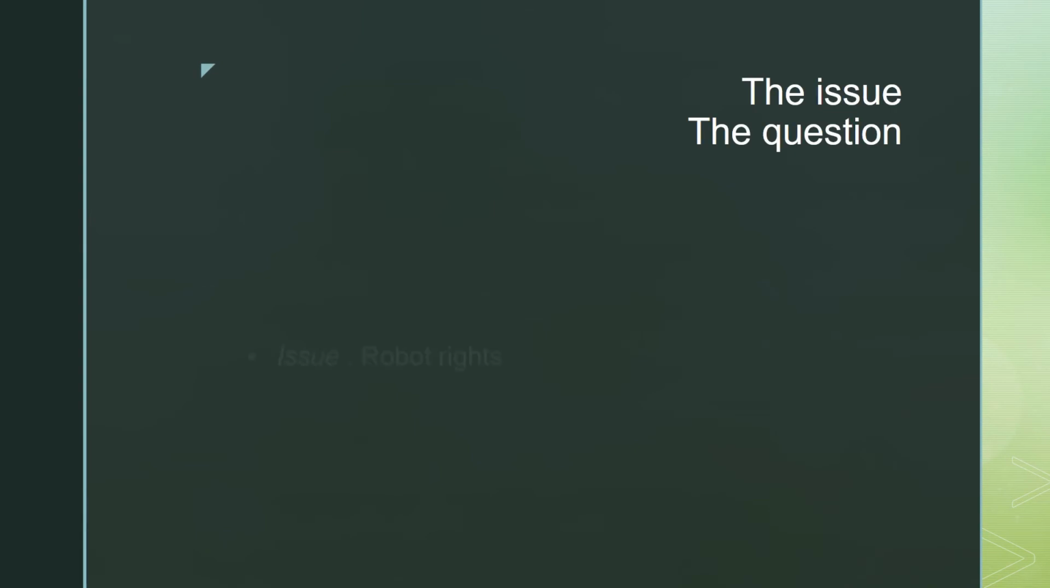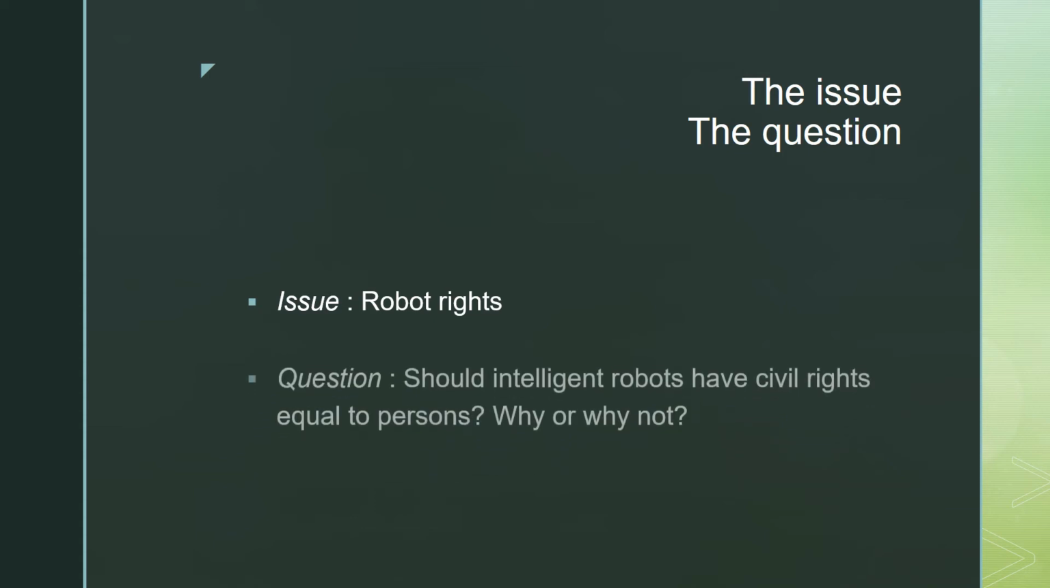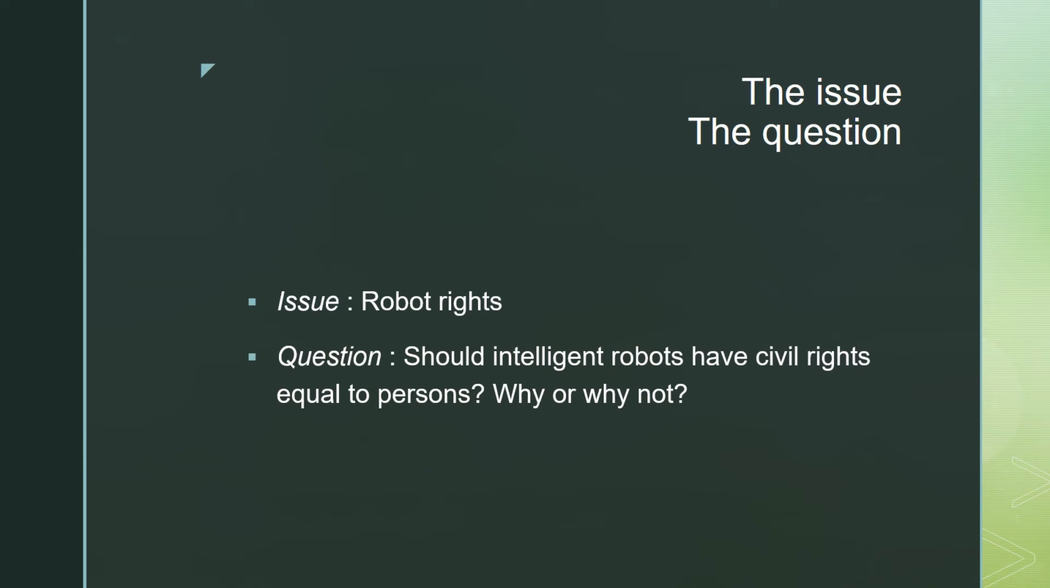So first off, you have to choose the issue that you're going to discuss. You need the question. The issue I chose was robot rights. And then the question is, should intelligent robots have civil rights equal to persons? Why or why not? That's the question I'm going to discuss, and then I'm going to apply the three